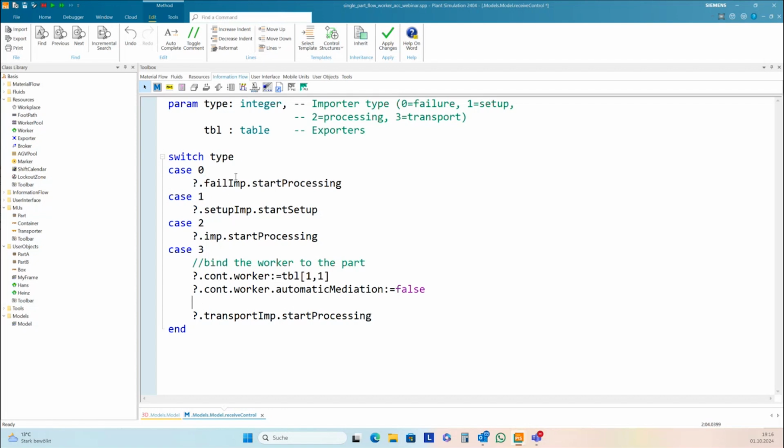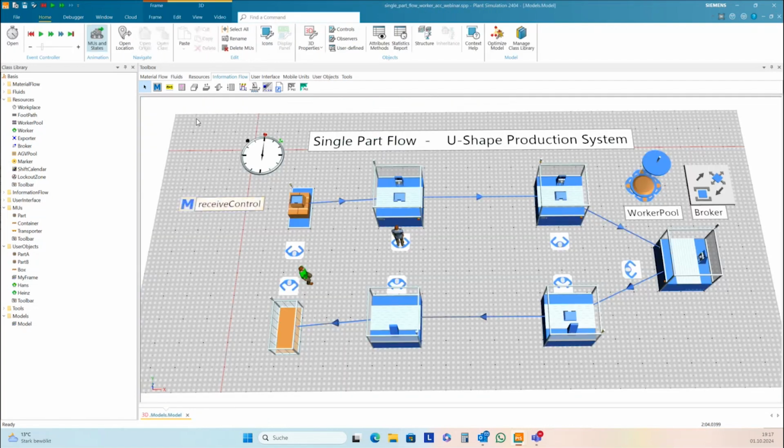And here you find everywhere we need to start the processing here for the importer. Otherwise, your simulation will get stuck here. But this is already in the blueprint of this method, and so we don't change this here. Okay, that's it. Let's have a check here.